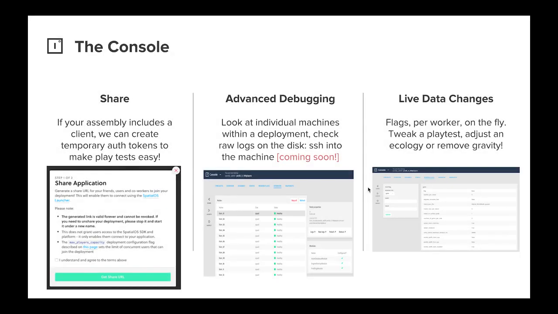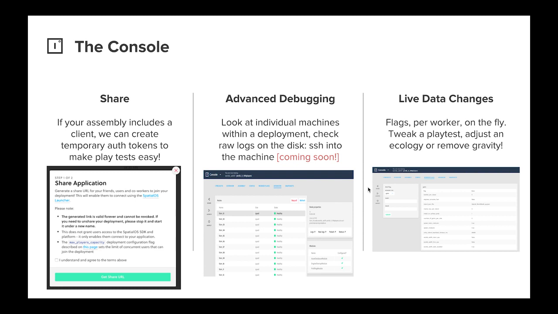Other tools you get out of the box when you're running in the cloud: we have a console, which is a really good holistic overview of what's actually running. You can quickly share a link to any deployment with temporary auth access. A lot of people use this for sending in an email to a publisher, or a potential investor, or if you just want to put it on our forums and get a playtest and some early feedback, we can share a link to your deployment. It will download the client binary, and you'll be able to get a couple hundred people in a playtest really quickly.